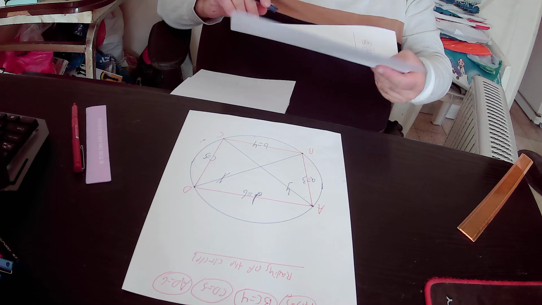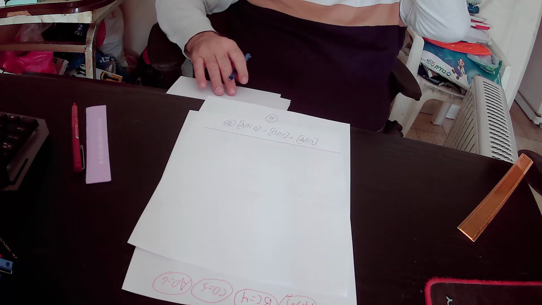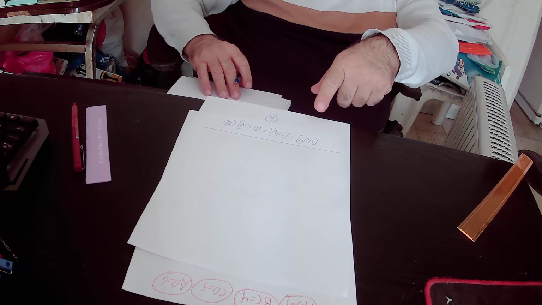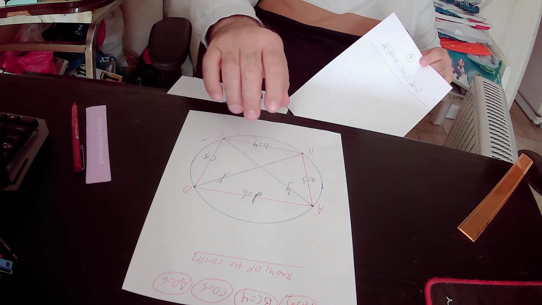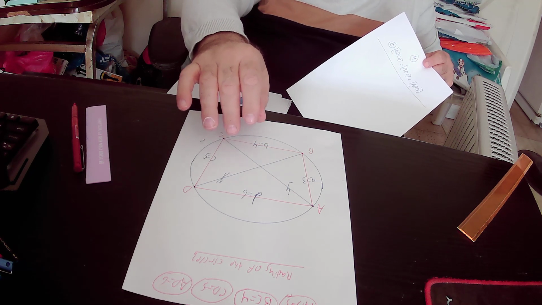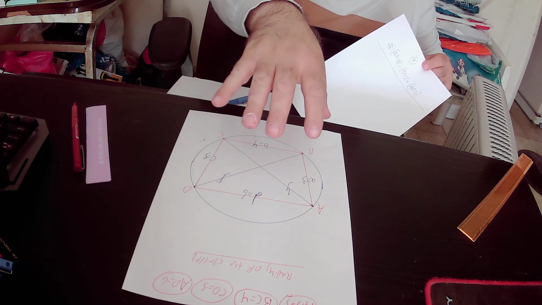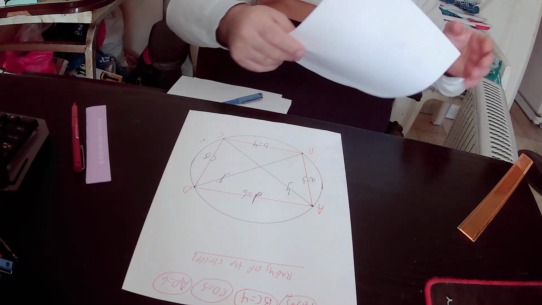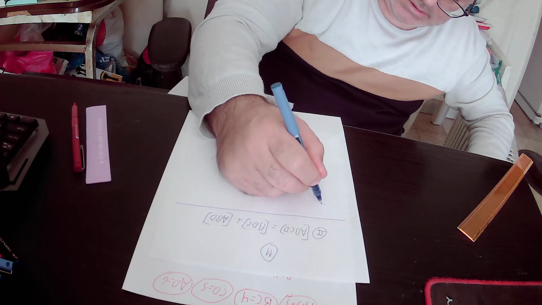I will repeat again, the area of quadrilateral ABCD equals the area of triangle BDC plus the area of triangle ABD, because quadrilateral ABCD consists of those two triangles, and if you add triangle BDC to triangle ABD, you will get quadrilateral ABCD. So the area of quadrilateral ABCD